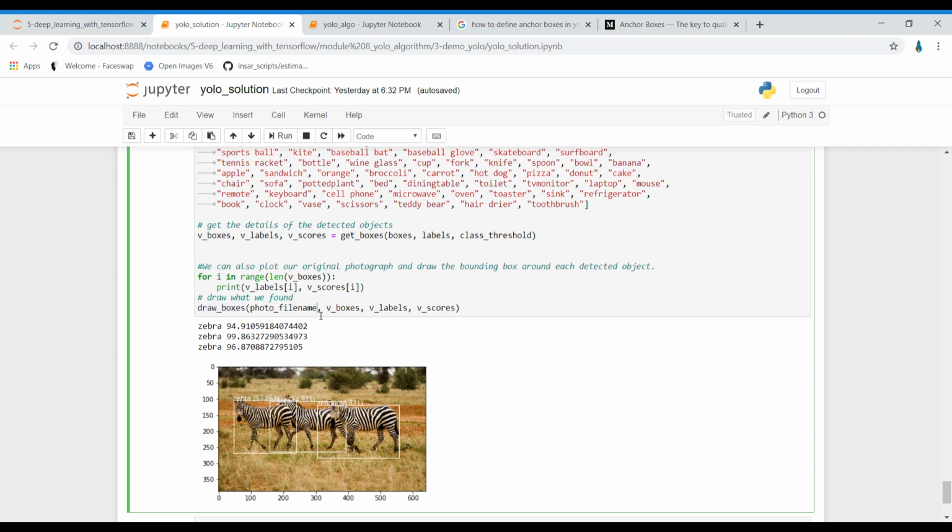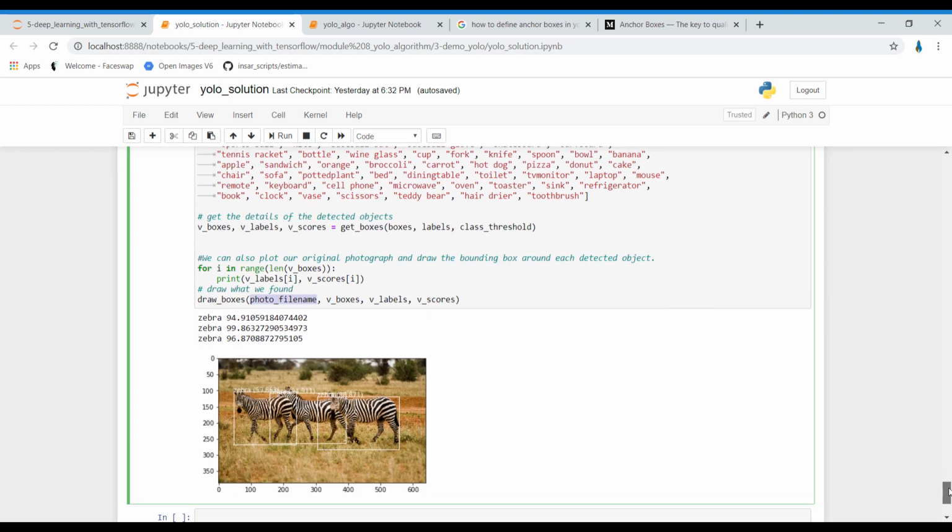Photo file name is a variable in which I have saved this particular image. I've given the path of this image, and v_boxes, labels and scores are responsible for detecting this object. So this is how YOLO object detection is done. Thank you.